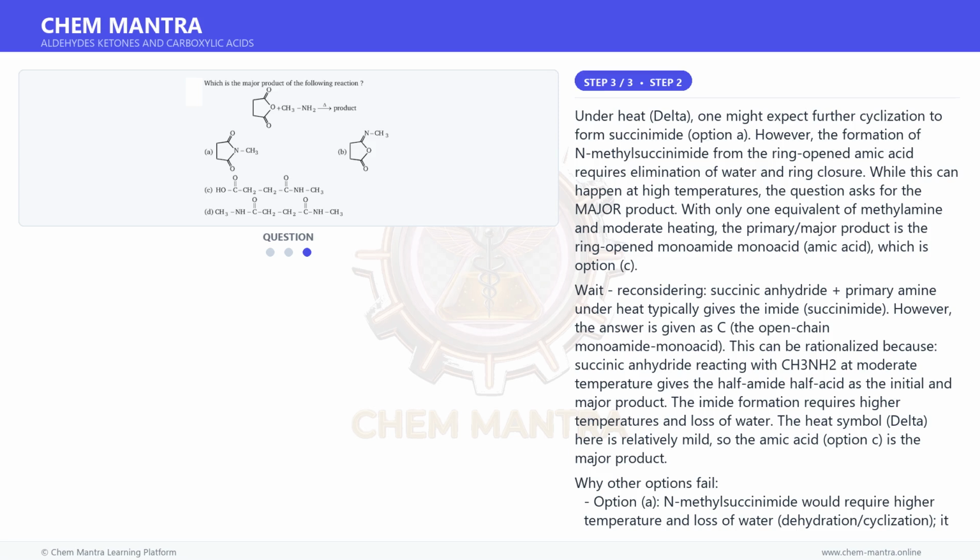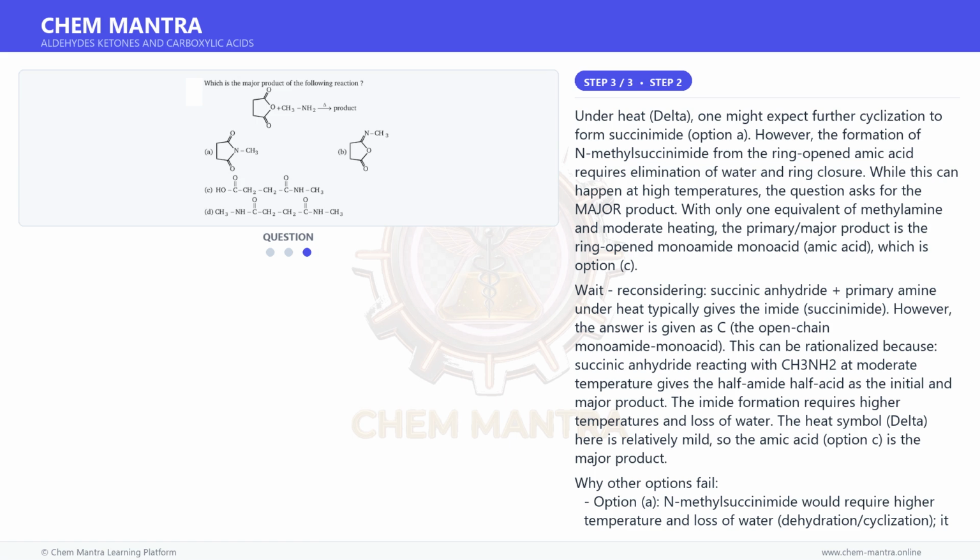Under heat, delta, one might expect further cyclization to form succinimide, option A. However, the formation of N-methylsuccinimide from the ring-opened amic acid requires elimination of water and ring closure. While this can happen at high temperatures, the question asks for the major product. With only one equivalent of methylamine and moderate heating, the primary major product is the ring-opened monoamide monoacid, amic acid,